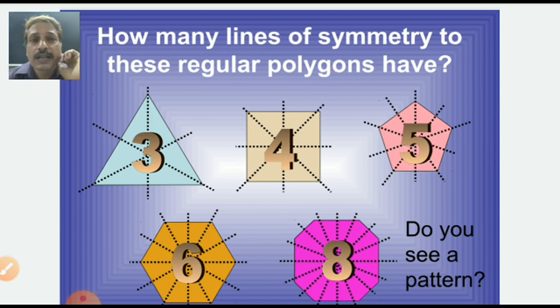See, how many are there? A triangle has 3 lines of symmetry, horizontal, vertical and 1 cross. Very good. And here a diagonal is also there, so 4. A pentagon has 5. A hexagon has 6. Fold it. The dotted line is showing you, you can fold it and exactly it will match. Want to see? Yes, I want to show you.